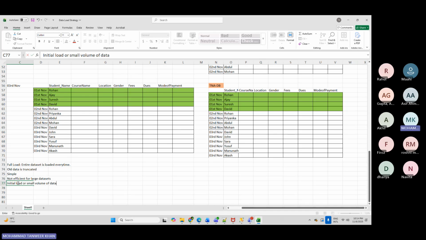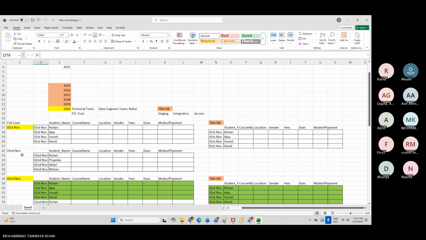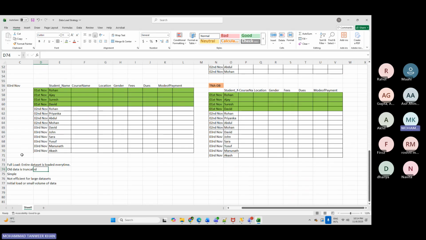Okay, so this is clear, full load. This is not good from the performance perspective because on a daily basis we will be loading a huge volume of data. It will utilize a lot of resources and it will impact the performance. If you have a small set of data and you want to keep the pipelines very simple, then you go ahead with this. No headache. Now, the second, this was your full load. Then the next is